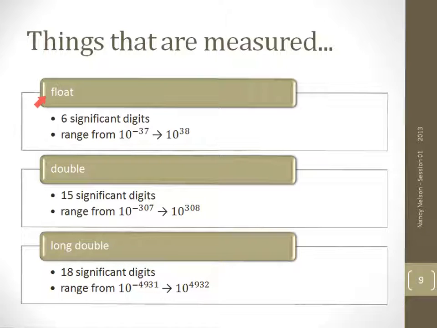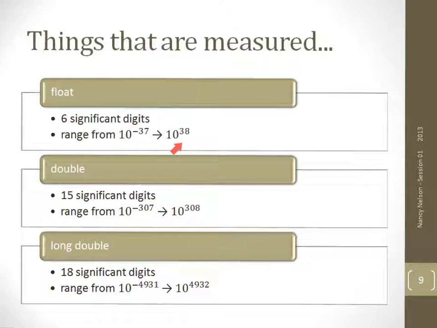So our default is float. So these are our floating point numbers. We can have decimal points. And with a float, you can have 6 significant digits, which gives us a range from 10 to the minus 37 to 10 to the 38. That's a pretty big range, and for most of the things that we're going to do on an embedded system,